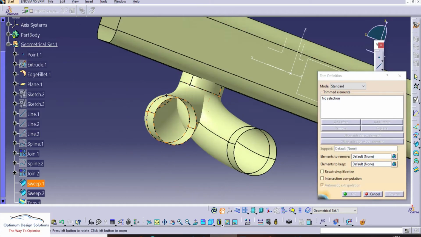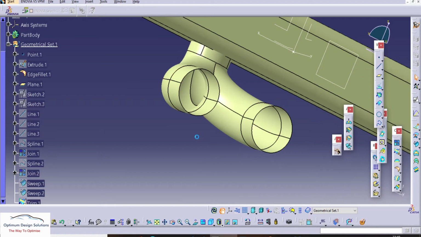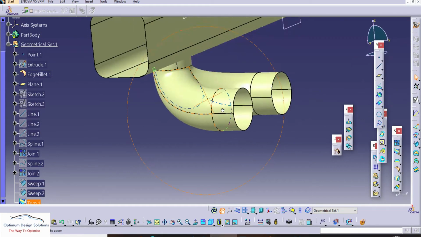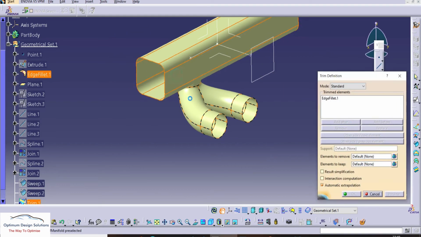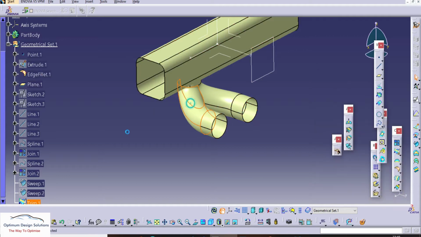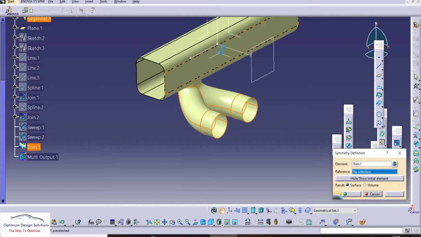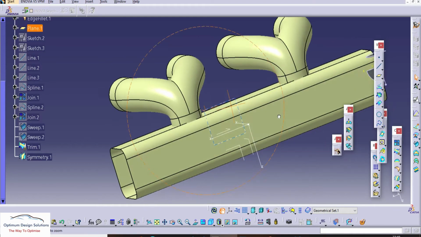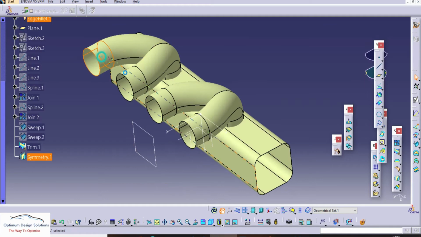So let's use the trim command, select both of the circular parts, and the inner part gets removed, you can see. Now again we are using the trim command with the rectangular part and joinery portion. Before that we'll mirror this, and after that we'll use a different trim command for LH and RH.